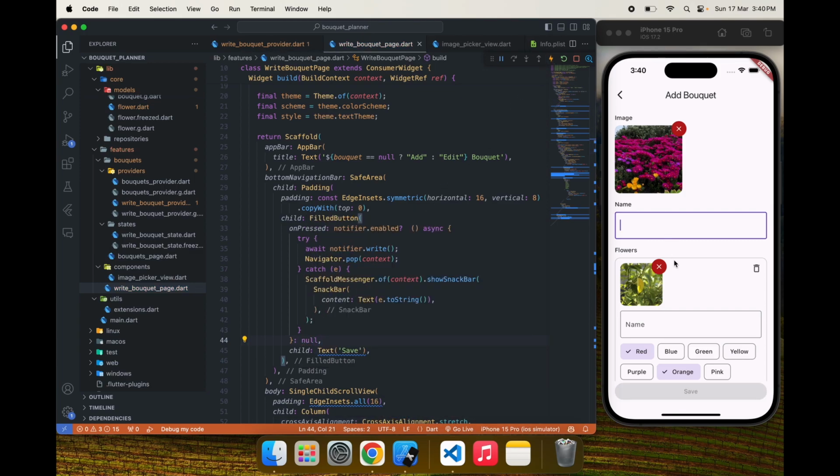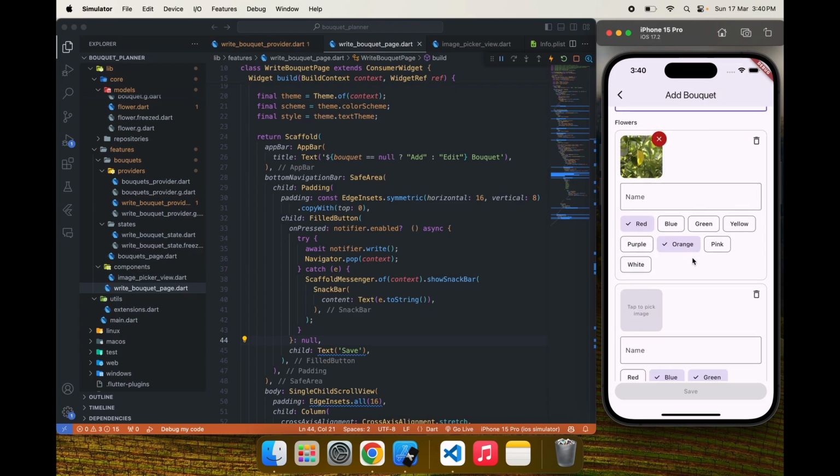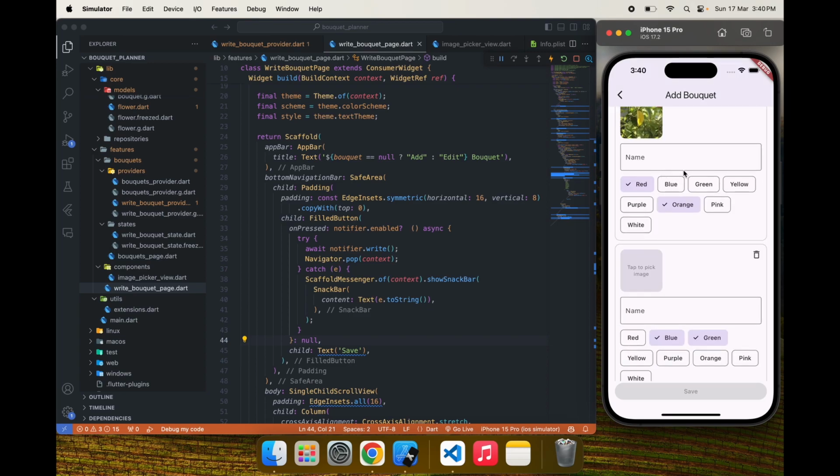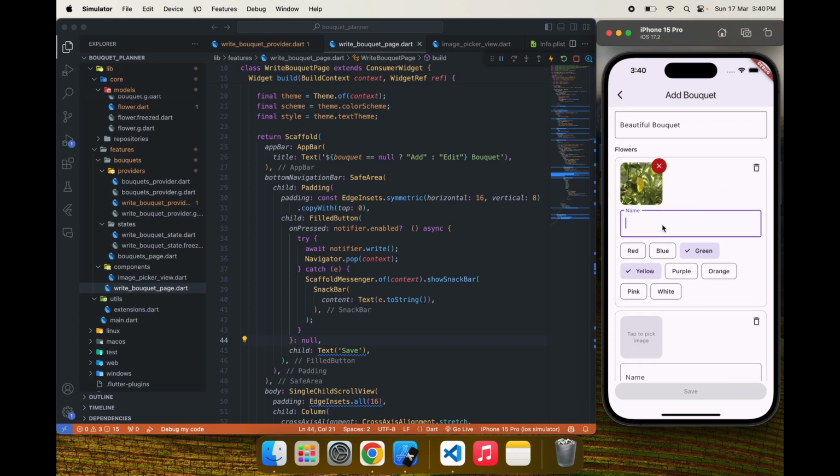So then I'll create one, a beautiful bouquet, and I already added some flowers which is yellow. I will remove this, and it is a little green. Consider, okay, these are dummy flowers, these are not actual flowers, but